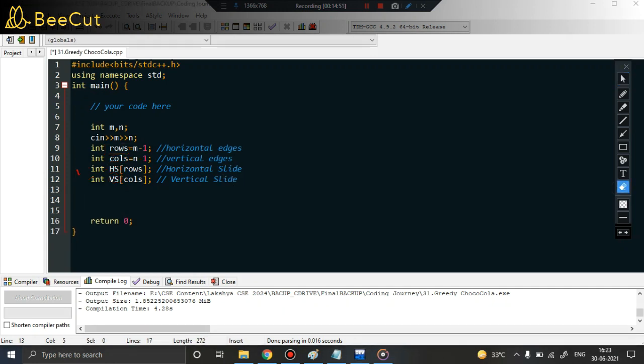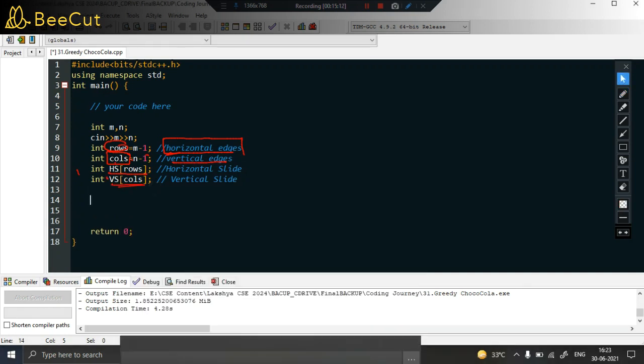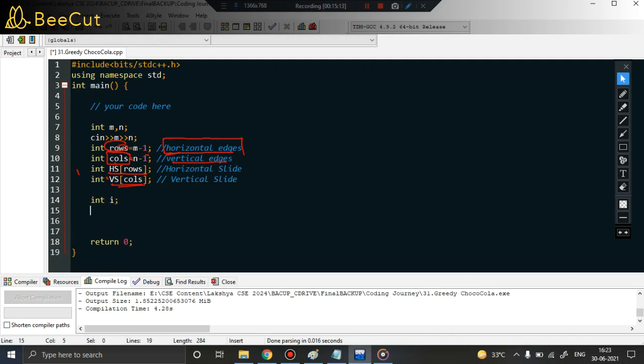Anyway, so we know that now we are going to store the edge costs along the horizontal edges. So horizontal edge, how many elements will be there? Rows. So HS of rows. And vertical edges, how many vertical edges are there? Basically cols. This is the value which is storing number of columns minus 1. So I'll be declaring an array VS with cols. Fine. Now what should I do? I should basically receive them as input. So I'll be using a variable i. I'll be running a for loop. Okay, let us use i and j. Fine. Now I'll be running a for loop. i equal to 0, i less than what? Number of rows.